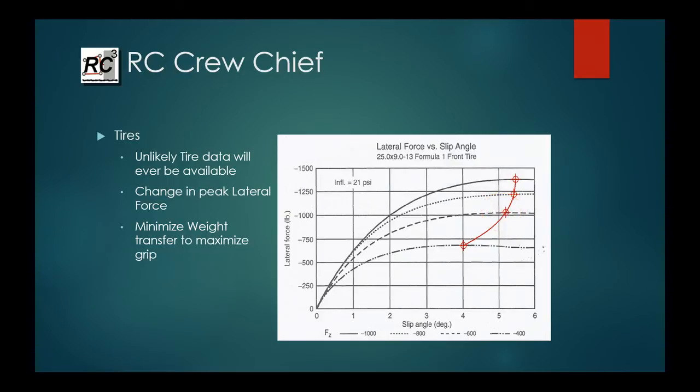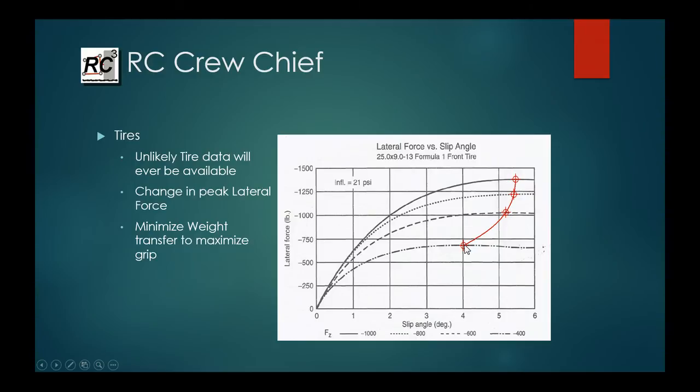Case one will be a low weight transfer case, and case two will be high. So we're transferring a lot of load from the inside of the car to the outside of the car, and in the other one we will be transferring a lesser amount. So if we say that for our high load case, our outside tire is going to be operating at this peak line here, and our inside tire is going to be operating on the bottom line here. So if we just assume that we're at optimum slip angles and everything's just golden here,